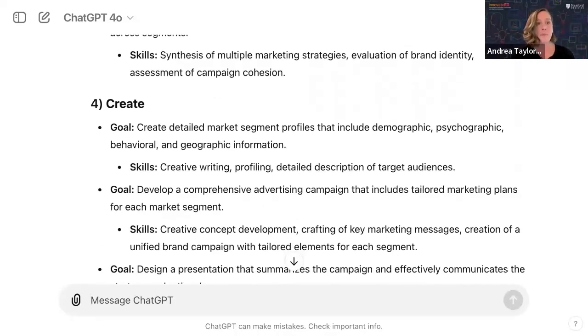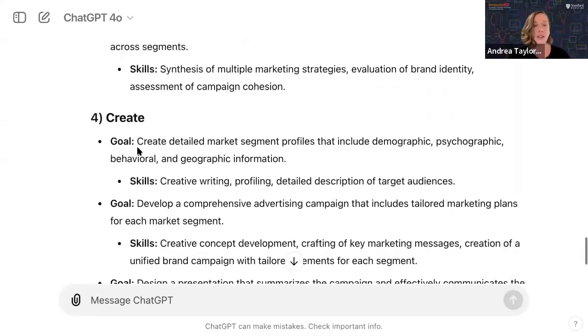So what I would do with this output is I'm going to take a look through this with my own critical eye as a faculty member. I'm going to take a look at this. I'm going to see what's relevant to my course. What do I think students want to focus on?